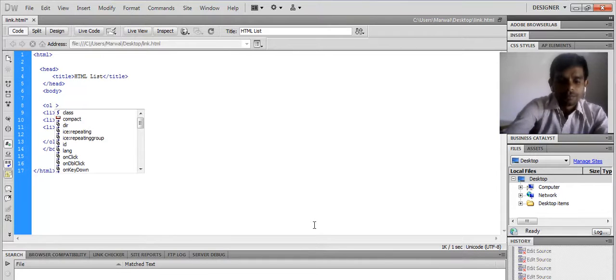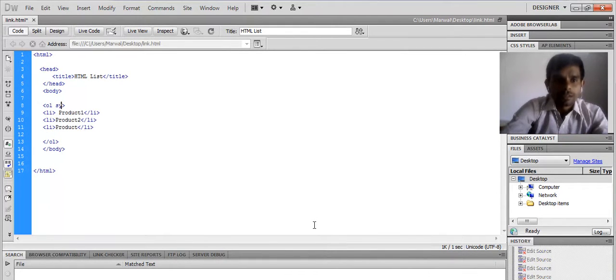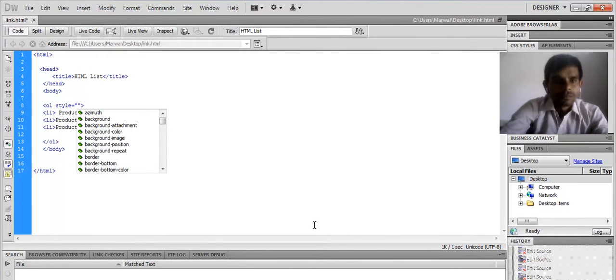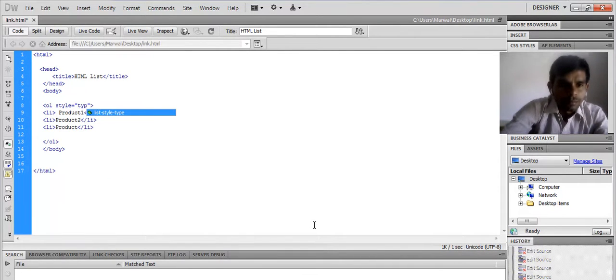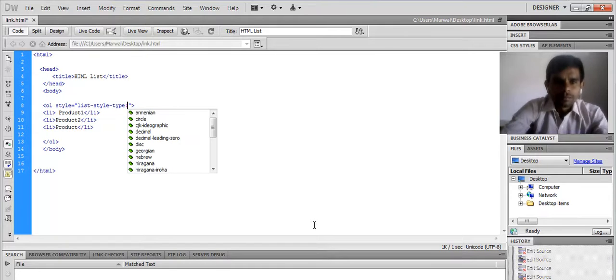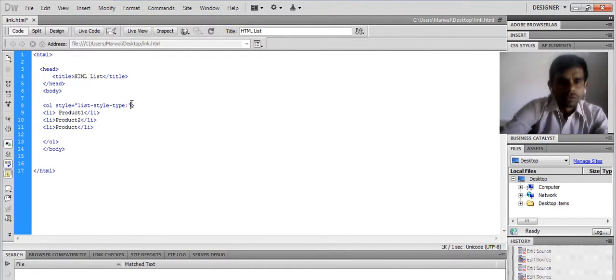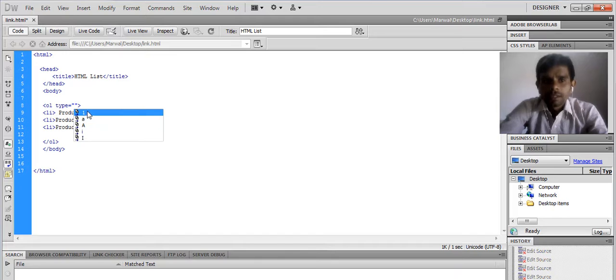Let's see, use style, in which use type. There are some options.